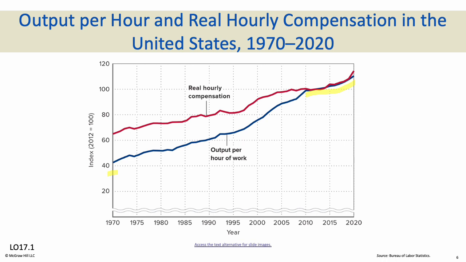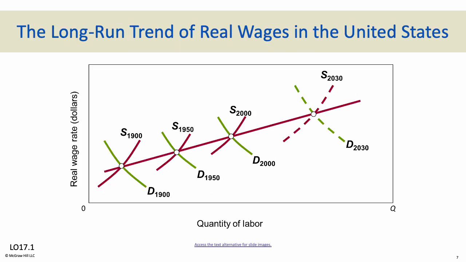We've improved productivity massively in a technological sense since 1970. So as a consequence, that could be argued as well why we've become so much more productive. The trend of real wages in the United States, what we're looking at here: productivity of labor has increased substantially, as I just said, over the long run, causing the demand for labor to shift rightwards more rapidly than increases in supply. So wages have been going up.